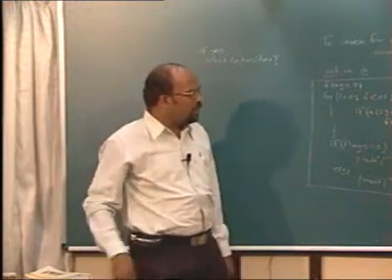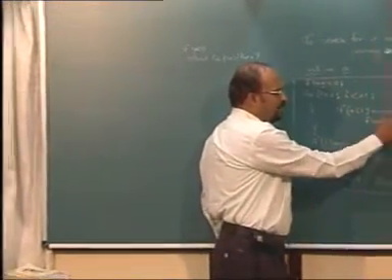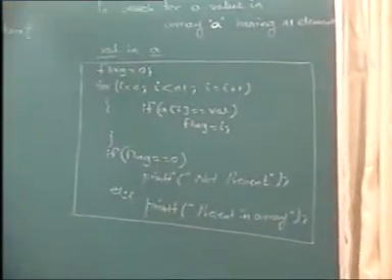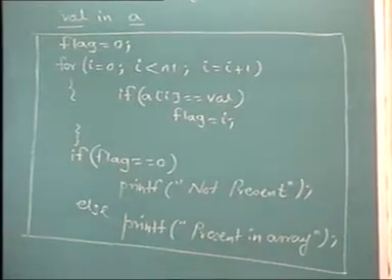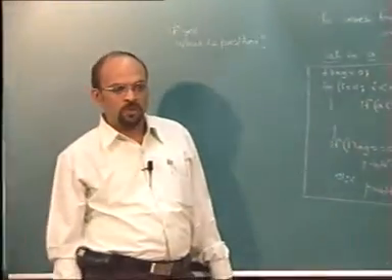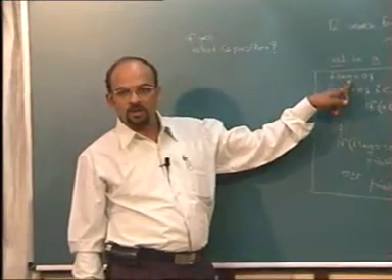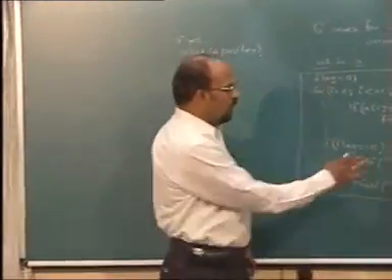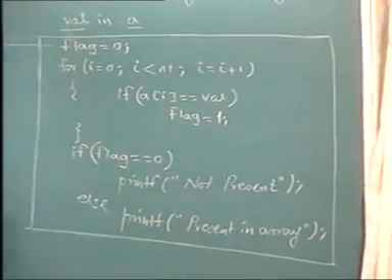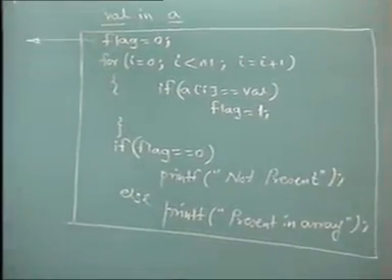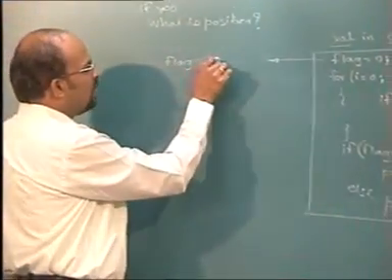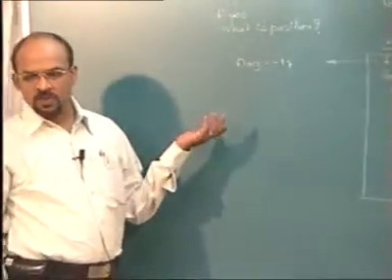Now I can think of saying that flag takes the value of I itself. So whenever it matches, flag becomes 4 or flag becomes 5 or 7. But the only problem is, if it matches at the first position, flag will become 0. It was 0 earlier, so we will not get the information. So if such a question is asked, then I will make changes into this. I will say flag should be having the value which is not within the array limits. So I will say that flag is -1, because -1 is not a valid position.